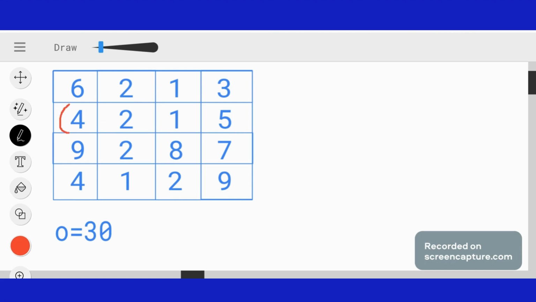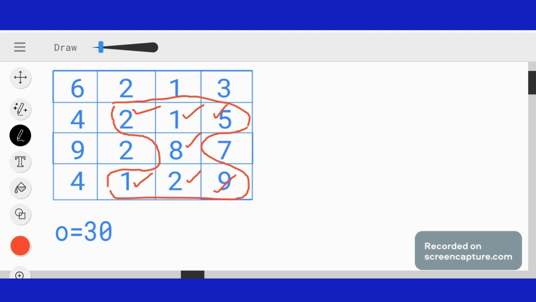Can we say that this part of the matrix also creates an hourglass? Because we have top three elements, middlemost element, bottom three elements, right? So we can say that this is also our hourglass. Do we have any more such hourglasses? Let's see. Can we say that this part of the matrix also creates an hourglass? Yes, we can say because we have the top three elements, the middlemost element, and the bottom three elements. So this is also an hourglass. Do we have any other hourglasses? Okay, we don't have any more. So now let's move to the logic.